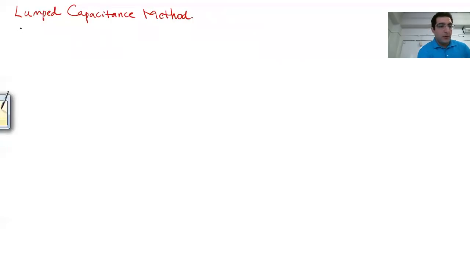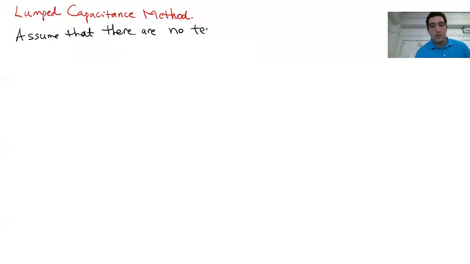Now assume that there are no temperature gradients in an object as it changes temperature